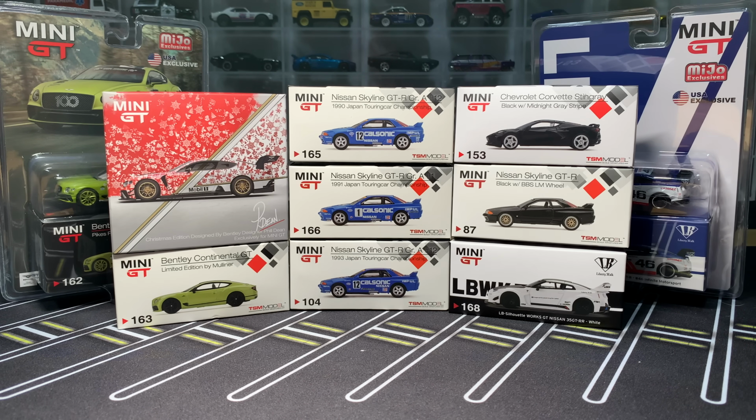Hello everybody, this is a Lamley showcase. Well, showcase slash preview, because for some of you, showcase if you're in Asia or other markets. For those in the US, probably a preview. Doesn't really matter because they're all coming out eventually and everyone who wants them can get them, but it's all